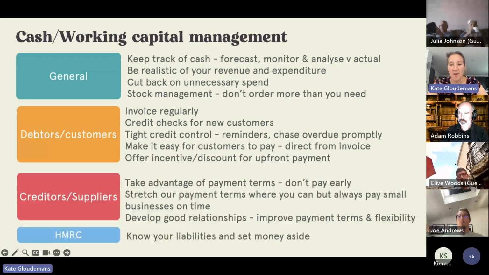With suppliers, it's making sure you know how much you owe people at any point in time. So if you're realistic about